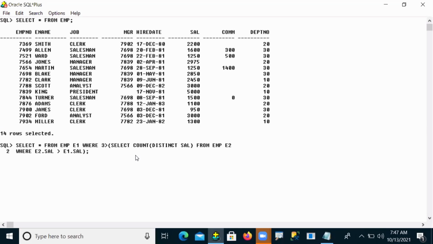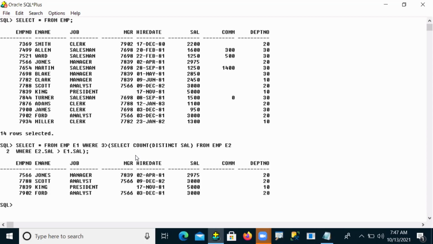Now it will find the top 3 highest salaries here. So the top 1 highest salary is 5,000, that is the top one person. The top two are 3,000 and 3,000, so there are two people with the same salary of 3,000. These are the top two position, and the top three is 2,975.